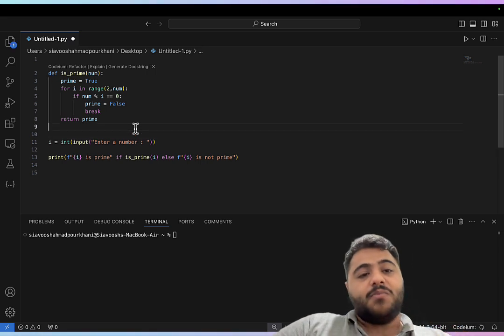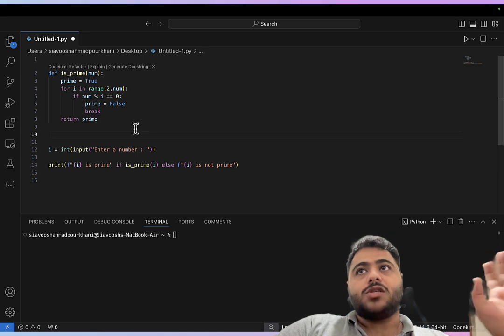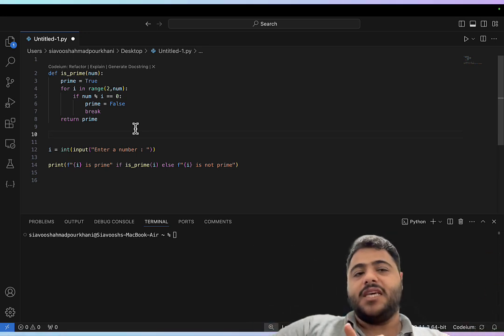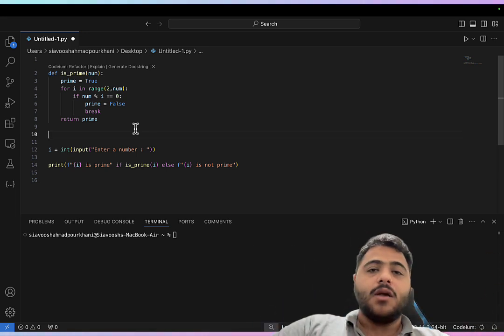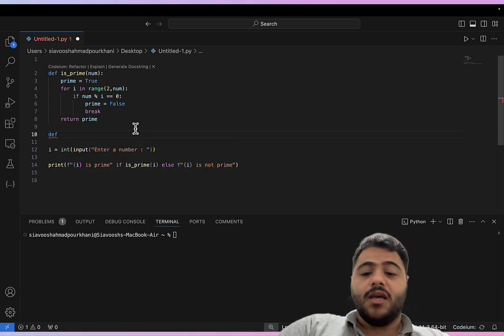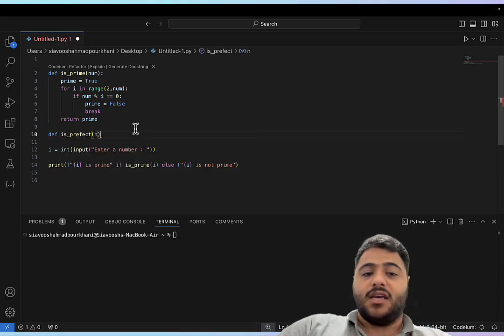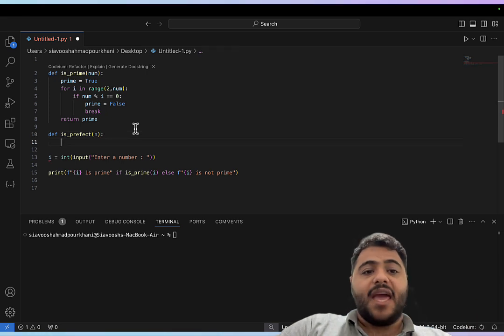The algorithm of a perfect number is that the sum of the dividers must be equal to the number itself, but with the dividers we should not consider the number itself. So I'm going to define is_perfect, and it's going to take a variable named n, and